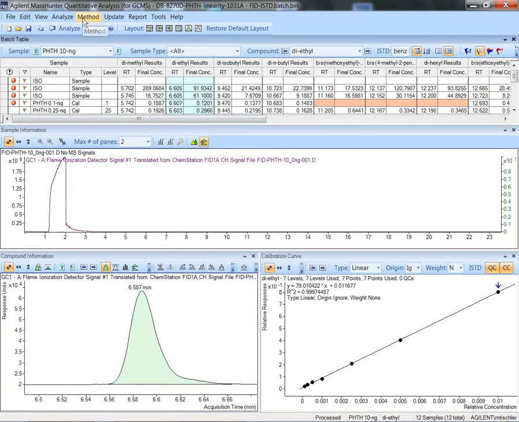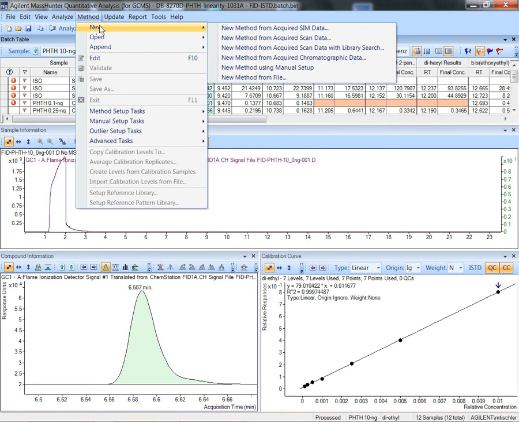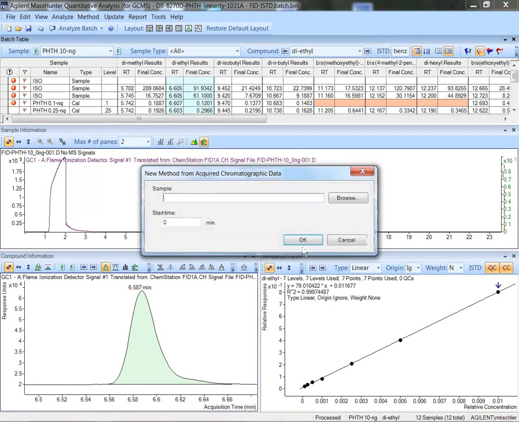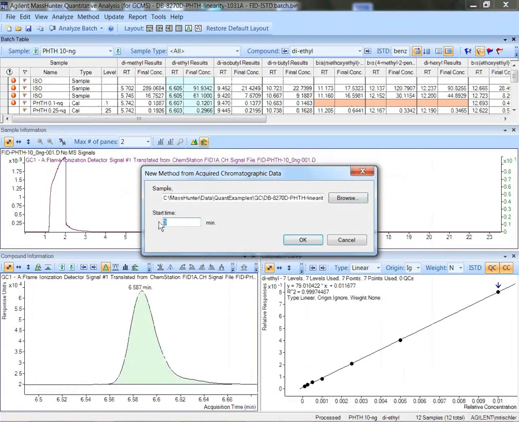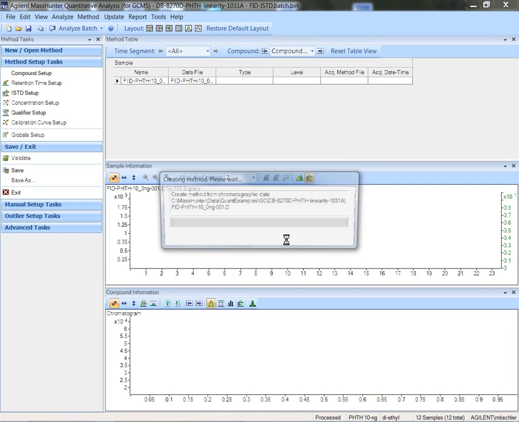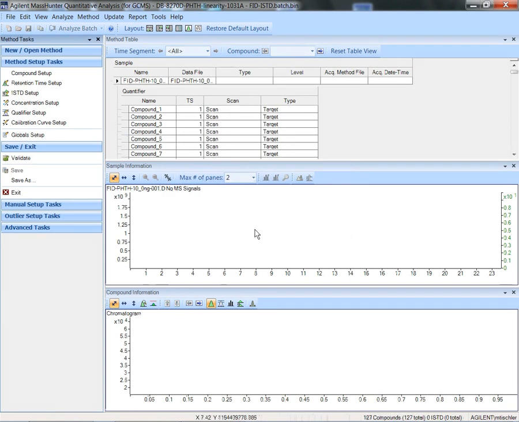Alright, starting from the method menu, I'm going to go New and choose New Method from Acquired Chromatographic Data, which will first ask me for the sample, and I'll pick the strongest sample. Since the solvent elution peak ends about 3 minutes, I will cut that off, so I will ignore anything within the first 3 minutes. Now this will use the integrator, which will find a set of peaks and identify them,